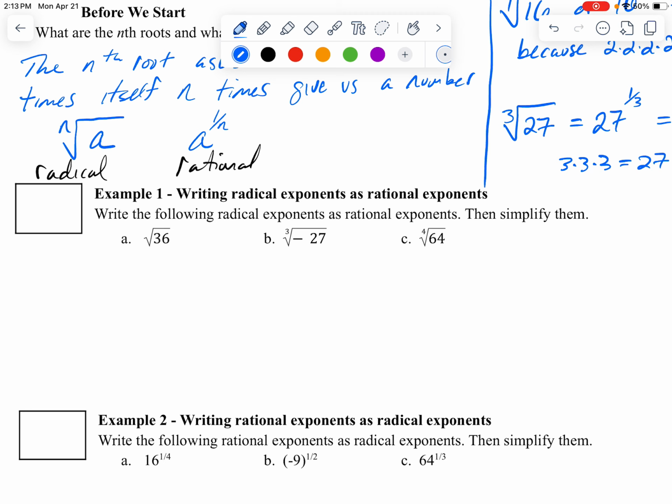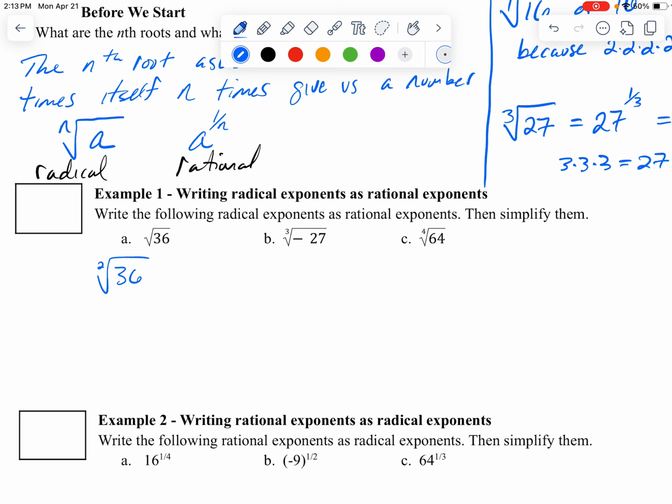So when we don't have a number here, like in this first example A, this is just the square root of 36. And like we said, that means what number times itself just twice. We don't write the 2 there because this is what we do the most often. This is kind of like the base version of the radical. So what number times itself twice will give us 36? We're going to see,